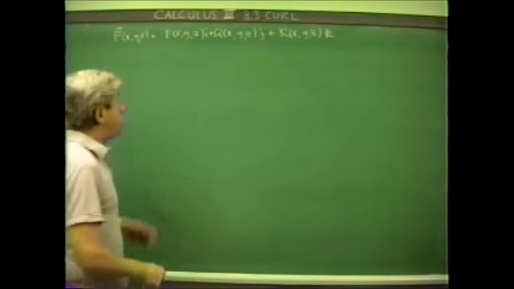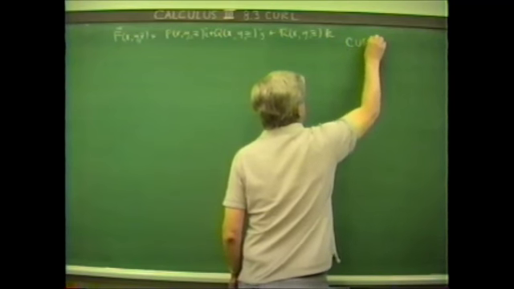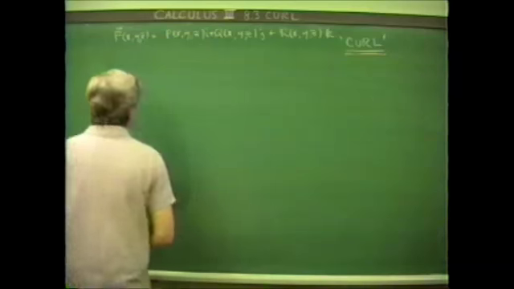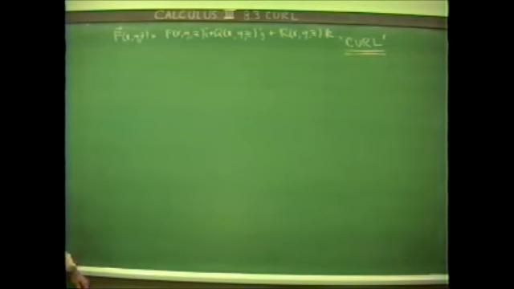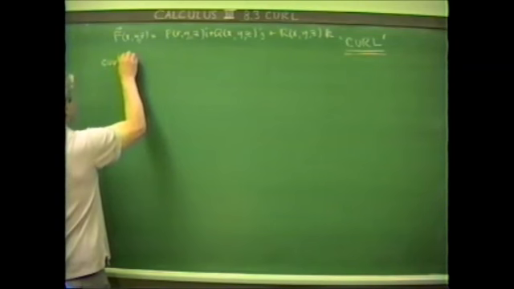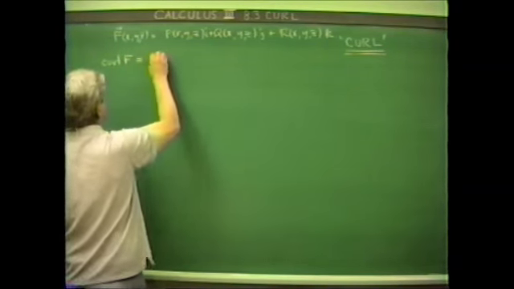We want to look at an operation which is called curl. And what this operation does is it takes a vector valued function to another vector valued function. And specifically, what it does is as follows. This is written curl F,